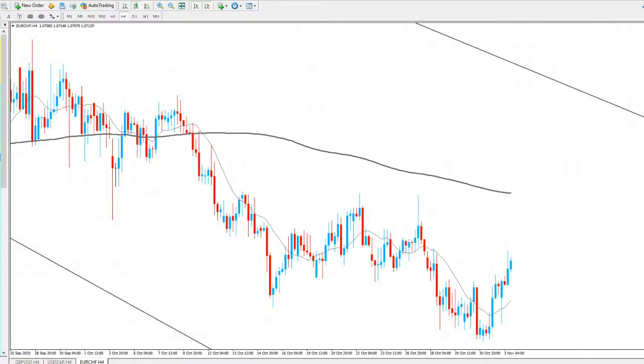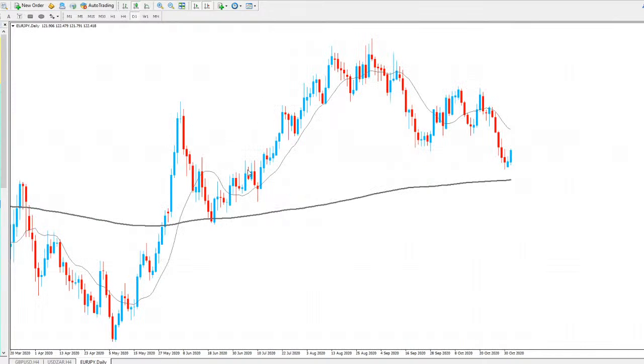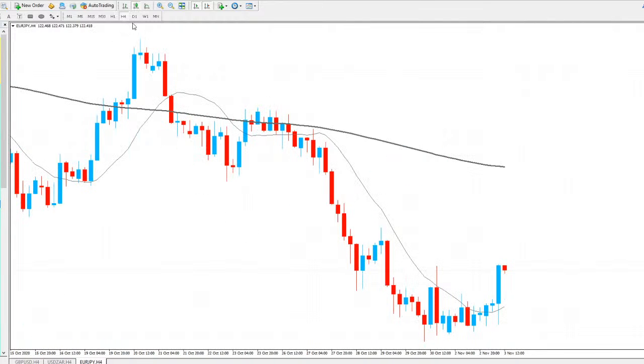Okay, so going to take a quick look at Euro JPY. For this one, again, a big push to the upside we just had recently. We did break through this area of support there on the daily chart, so you need to be aware of that because that will be turned resistance, so potentially we could see price come up and then continue to the downside. So again, need to be wary of that.